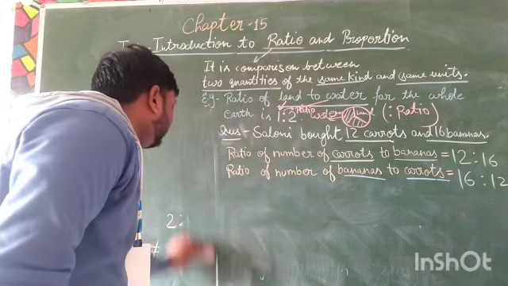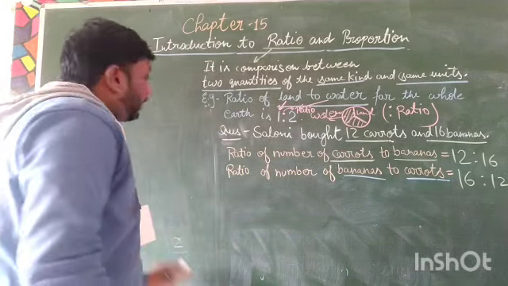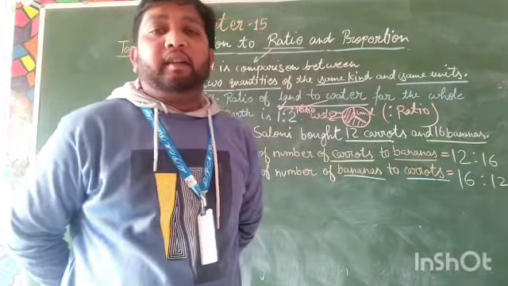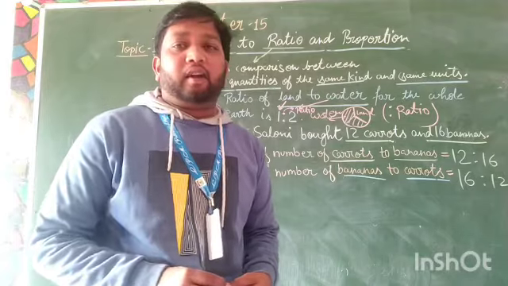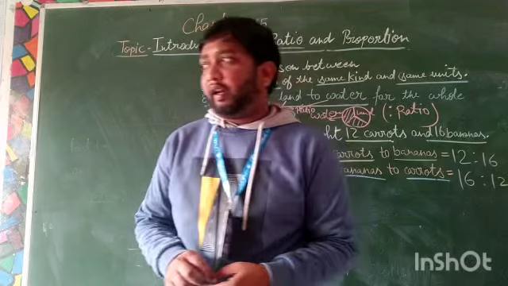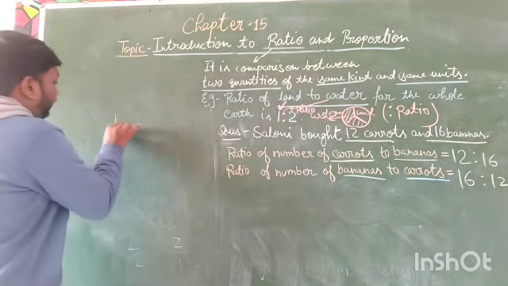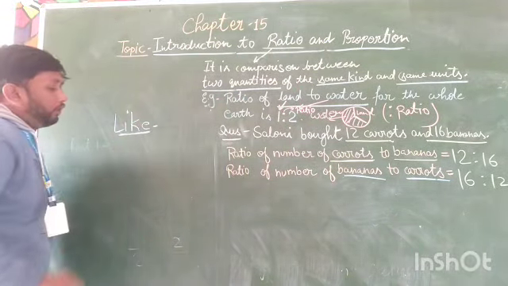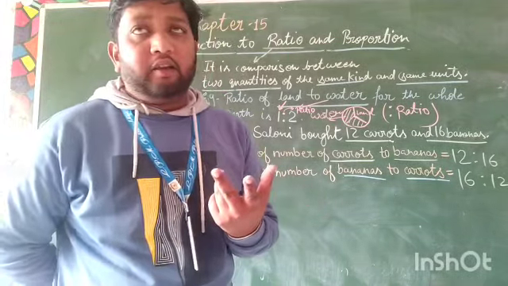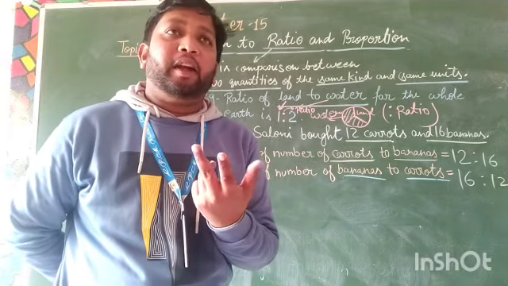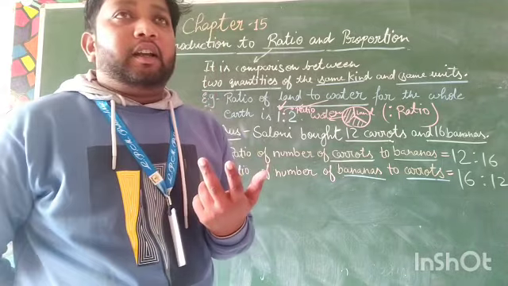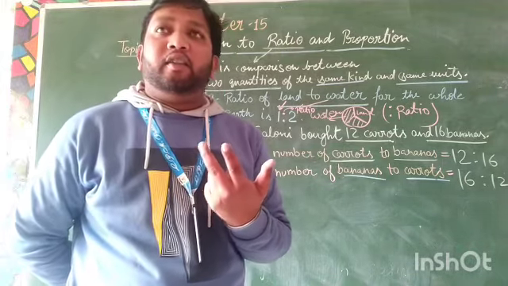Now, moving on, we have learned about fractions, and in fractions we have two types: like fractions and unlike fractions. So now we move to what are like and unlike fractions. What is a like fraction? Everyone knows: fractions that have the same denominator. If the denominator is the same, it is called a like fraction, and if the denominator is not the same, that is, the denominator is different, it is called